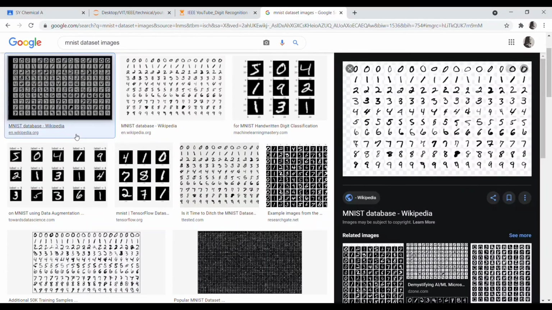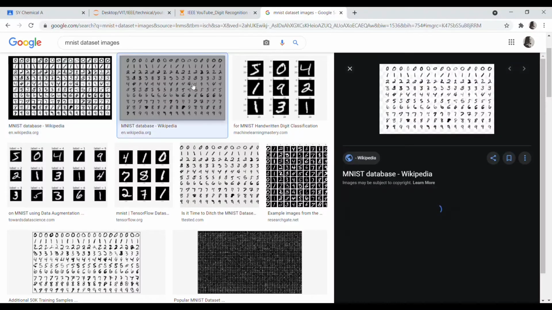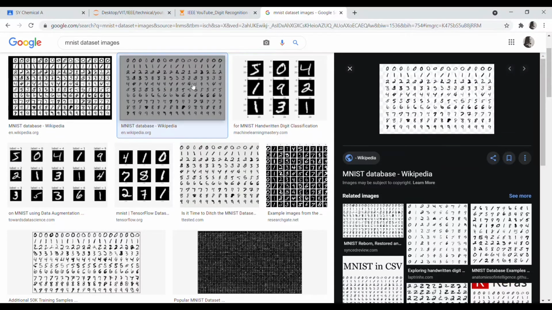It has handwritten digits, which you can see here. So there are n number of images like this. We'll be working on this dataset and training our model in such a way that we'll be able to recognize these digits in any given unknown data which the model isn't familiar with.